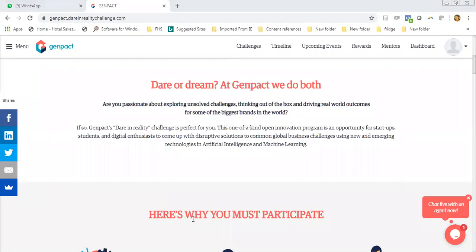Good evening, all. A warm welcome to all of you to this open house session with the leadership team of Daring Reality Challenge. Before we begin, let me tell you, this session is intended to simplify your submission task so that you can ask any question related to use cases, challenges with our mentor. As you all know, 14th September, Saturday, that is the coming weekend, is the last day to submit your stage 1 requirement. And during the session, you all get to know what is expected from you all as a submission.